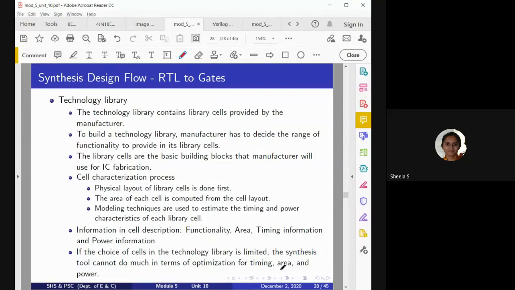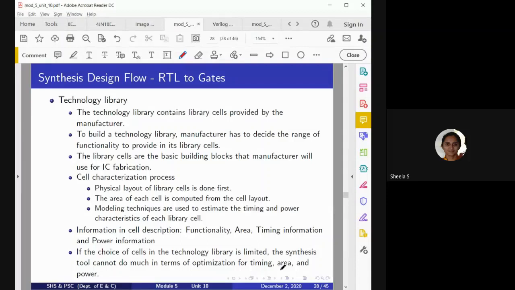But for a 10-bit multiplier, using many 1-bit multipliers may result in a huge circuit. So there once again we may go for optimization. So we consider the optimization based on the available library.